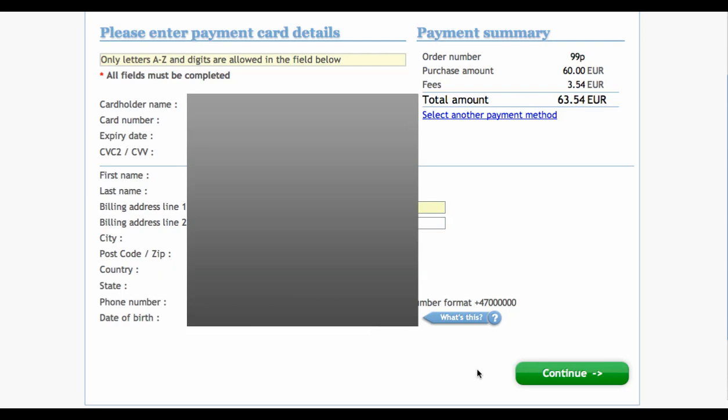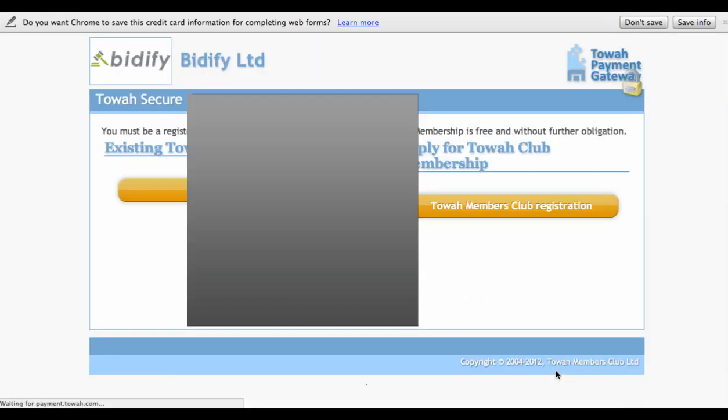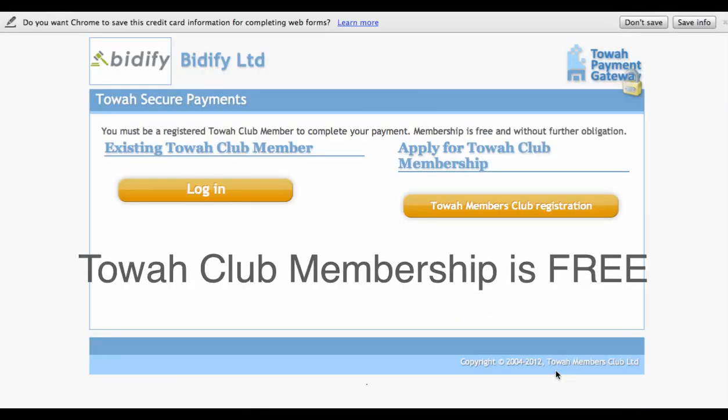So at this point, we'll enter all of our information. Please be sure to put your phone number in the proper format with a plus sign in front of it, and then simply press the Continue button when you're ready to move along to the next screen of the processing. So we'll simply press on Continue, and now we're going to arrive at a page that's going to ask us